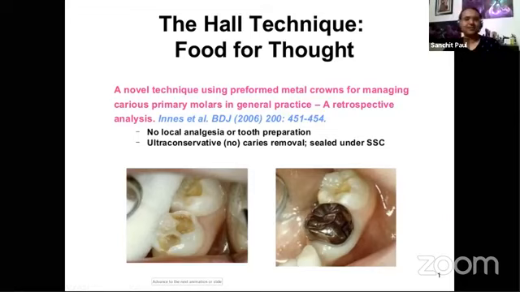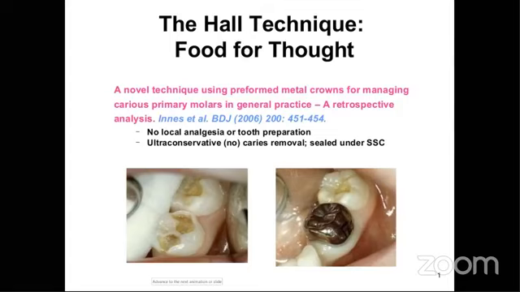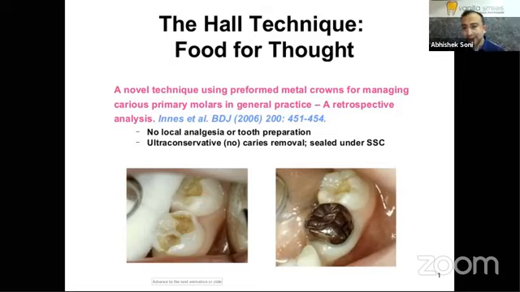So we all know that dental caries is a biofilm driven disease. Now if this cavity remains open, there is enough nutrients for the bacteria to survive and progress. But the moment you cover it with a crown and there is lack of oxygen supply, there is lack of nutrient supply to the bacteria, which could probably be still thriving.